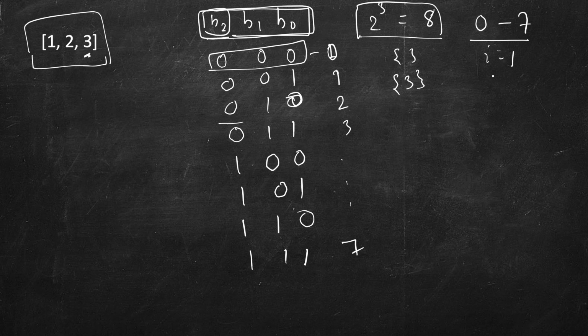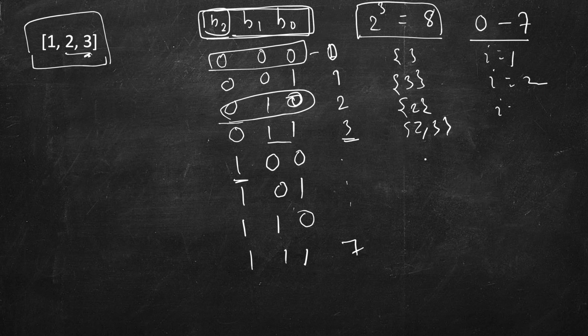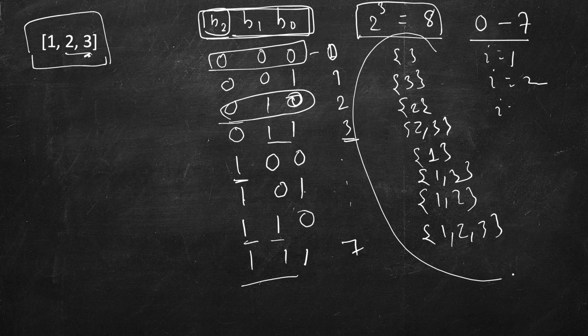Then in this, I equal to 2, we see that the second bit is 1. So take just the second number. Then when I equal to 3, then these two are 1. So take these two, that is 2 and 3. In this case, this one is 1. So take this one. Here first and last are 1. So take first and last, that is 1 and 3 in this set. Then here these two are 1. So take 1 and 2. Here all 3 are 1. So take all 3, 1, 2, 3. And you see this is also the power set.